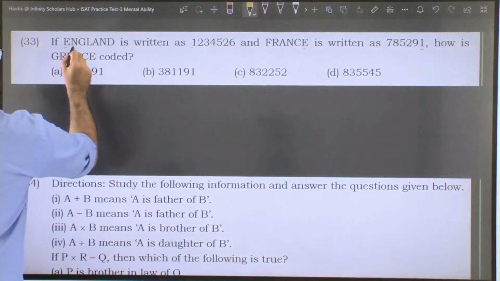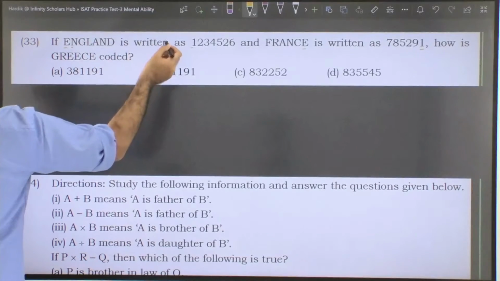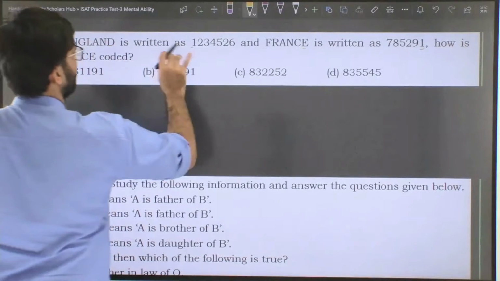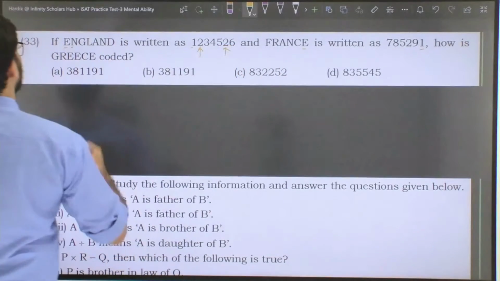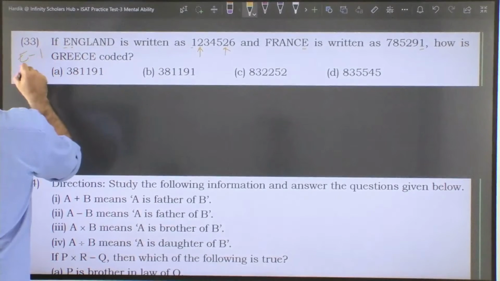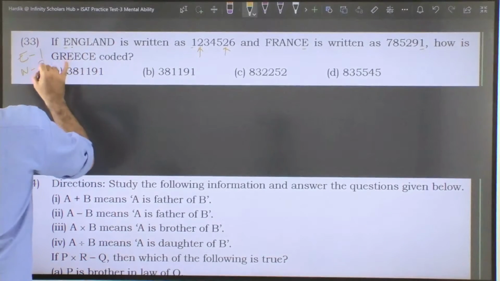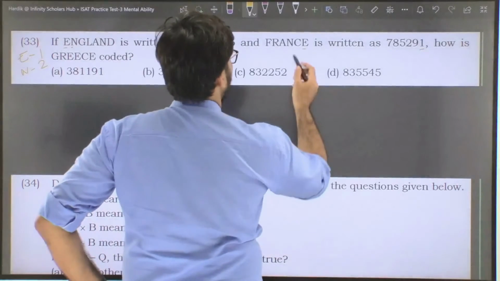Now let's check N. See, there are 2 N's. Second from the left and second from the right. Okay, so from this side second is 2, and from the right side the second is also 2. That means definitely E stands for 1 and N stands for 2. So from this you can easily make out, and if you want to check over here also.